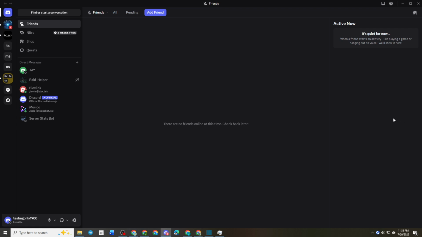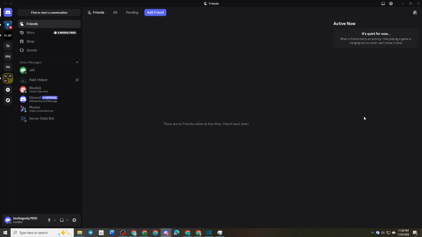In today's video, I'm going to teach you how to connect Spotify to Discord so your friends can see what you're listening to and even join your music session when supported. The setup only takes a few minutes, and once it's connected, your Spotify account will automatically appear on your Discord